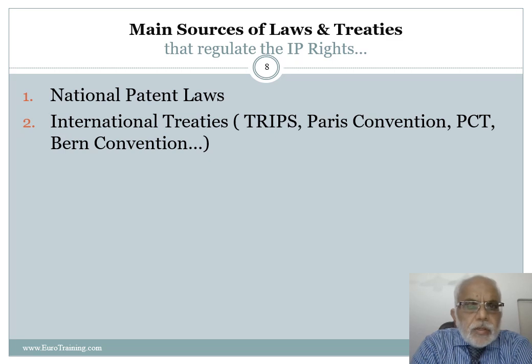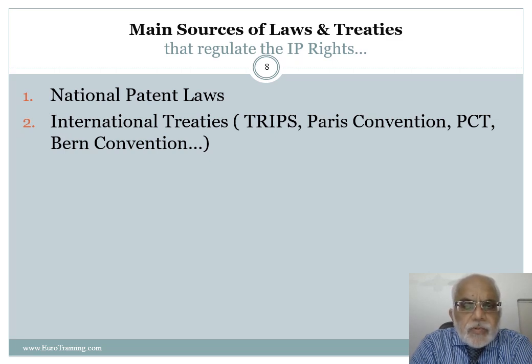The oldest treaty was the Paris Convention, 1880s, probably 1883. 11 countries got together from Europe and Central America and signed the Paris Convention for providing patent protection or intellectual property protection to inventors in all member countries. So it started with 11 countries. Today it's 177 countries. 177 countries are part of the Paris Convention,